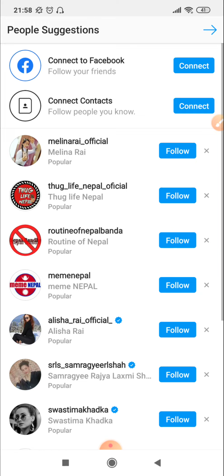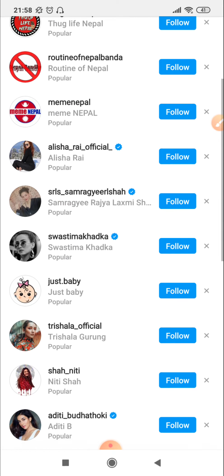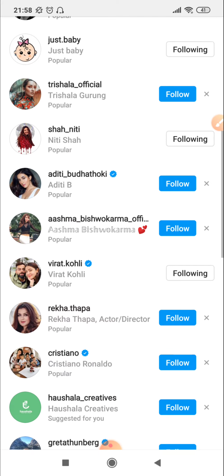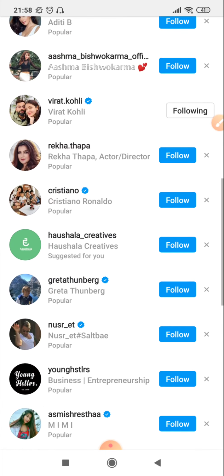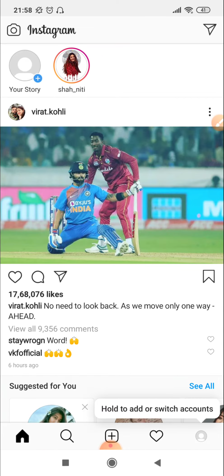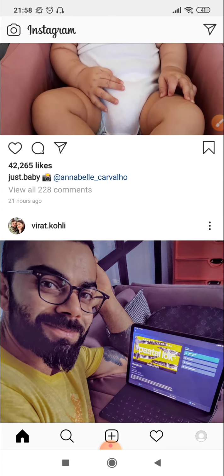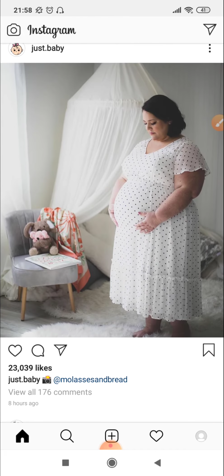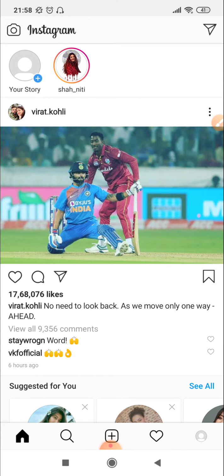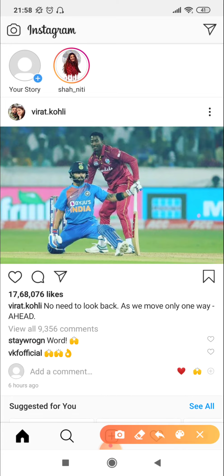All right, so once I signed up, I do have suggestions for pages initially. I'll just follow some celebrity pages. All right, and that's it. Once I'm done with that, I'll hit the top arrow. Now we have created an account. All right, so you can see the feed right here. So this is the feed. Okay, so in order to check your profile, on the right side you can see the profile